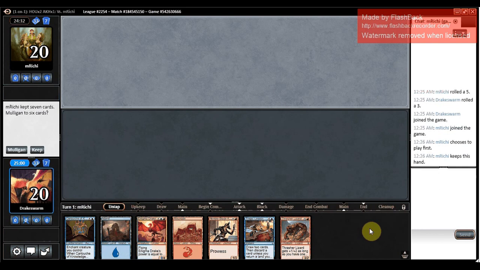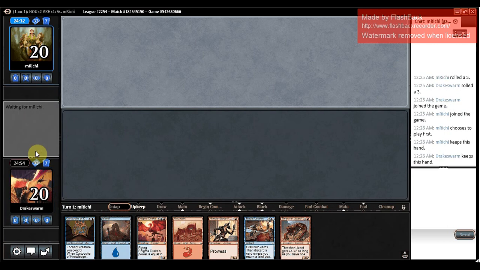Enigma Drake's looking a little weak here. I don't have a perfect Enigma Drake deck, but I'm on the draw. We'll go ahead and keep this hand, and let's see if we can do what we did last game